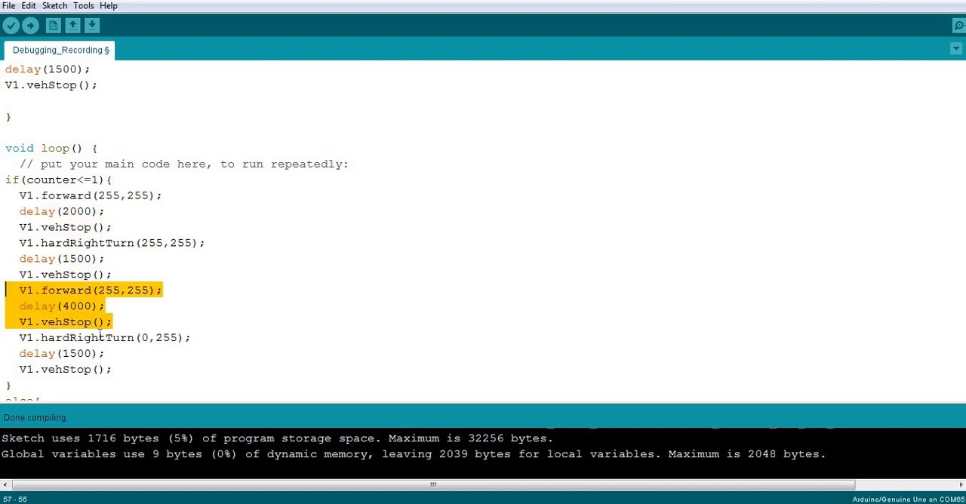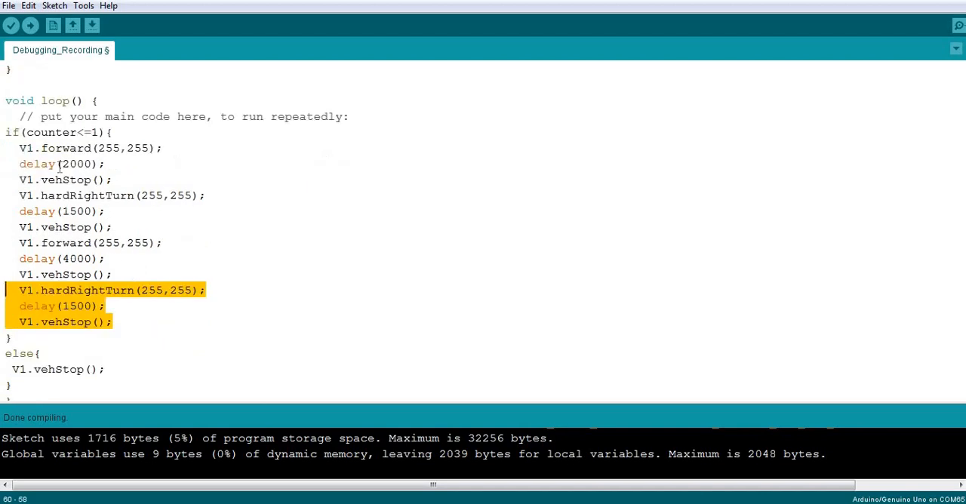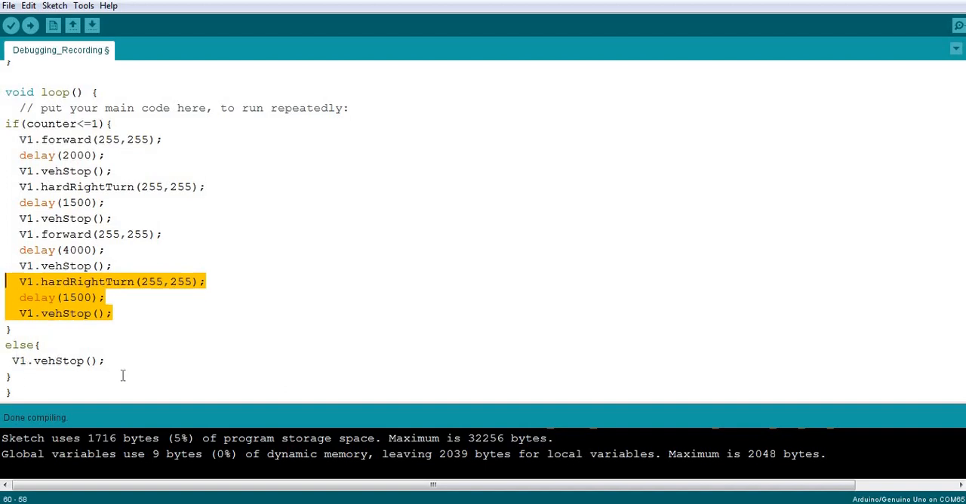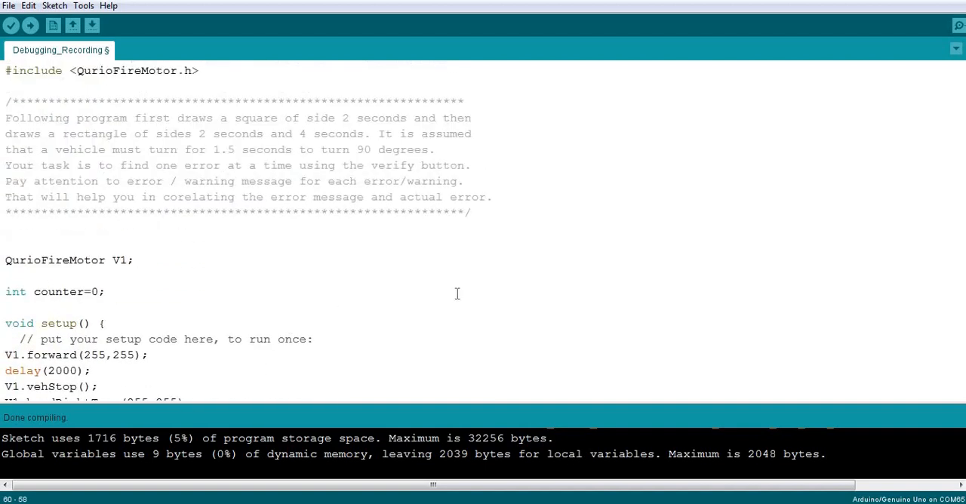So go forward, turn right. Again, we know we need same speed. We stop. And this is repeated 2 times, which means it is correct. That gives us a rectangle. And in else we are stopping. So that is correct. So now we have removed all the syntax errors and all the logical errors from our